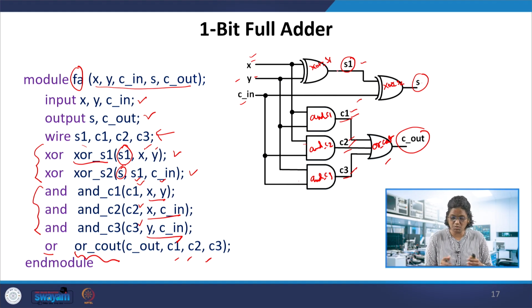S1 is between which two hardware elements? XOR S1 and XOR S2, so that needs to be defined as a wire. Similarly C1 is a physical wire, also declared as a wire. The next ones are C2 and C3, all of them need to be declared as wires. That is essential in the case of structural modeling. So this is about the 1-bit adder structural modeling, and we had also seen the data flow modeling.